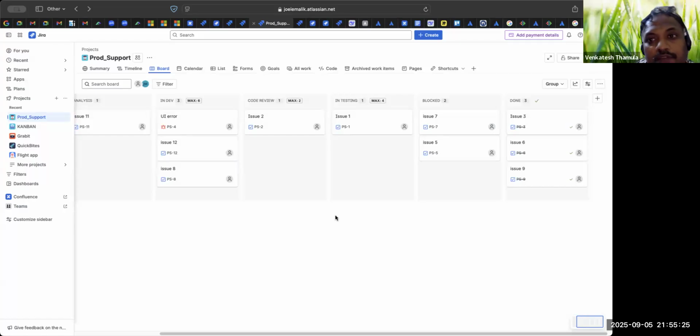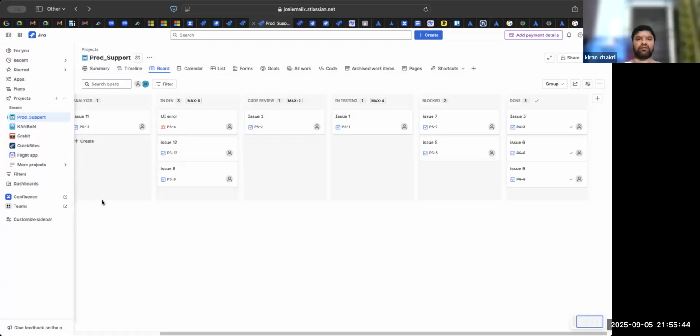Sir, in Kanban, we generally use an IT support system kind of a thing. These are all support tickets, right? Where the tickets are escalated, how many tickets are escalated, kind of a thing. Is ServiceNow also used for this kind of ticketing system? Yes, ServiceNow we can use this.